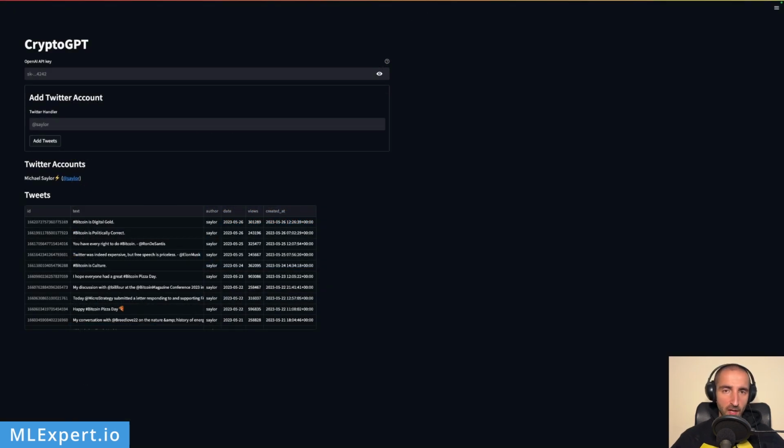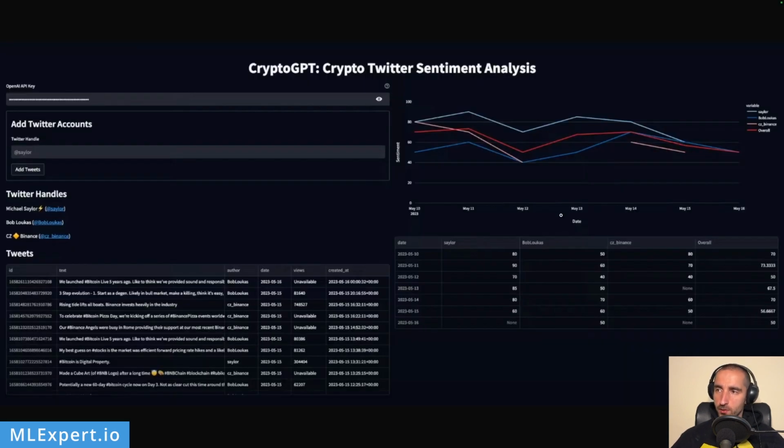This is where we left last time. You can see that we've added a Twitter account, then visualized a list of handles, and then all of the tweets along with the cleaned versions of themselves. Today, we're going to continue with working on the right part, but not on the visualization, but the actual sentiment